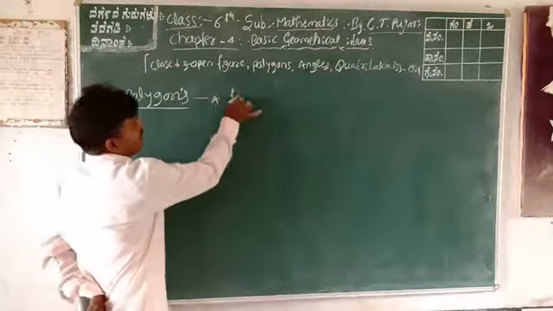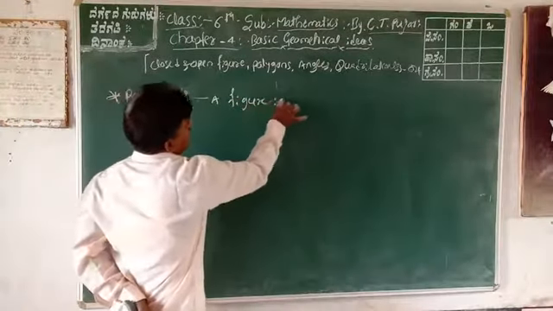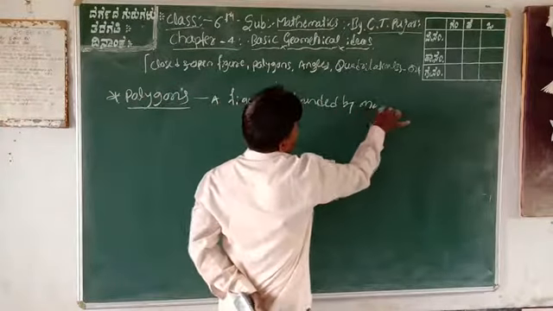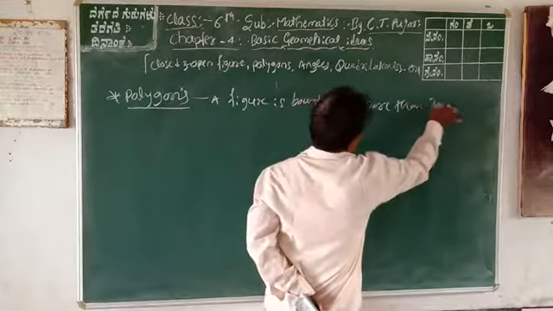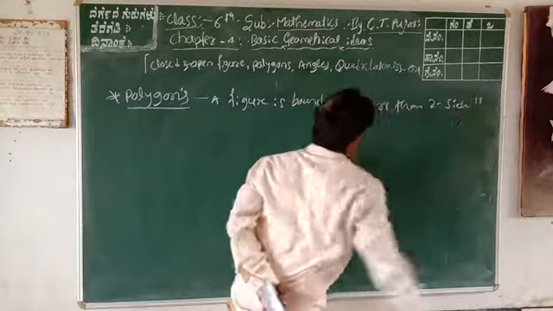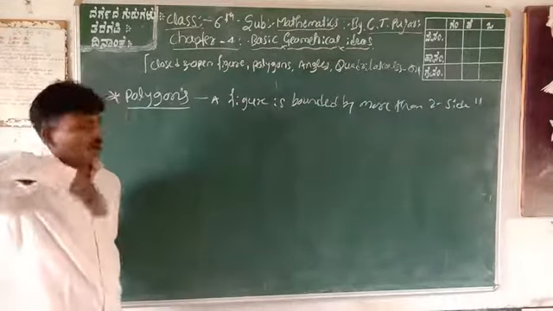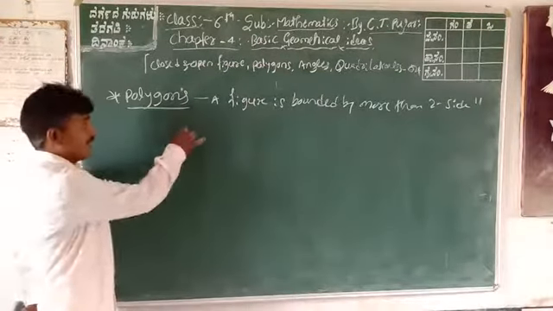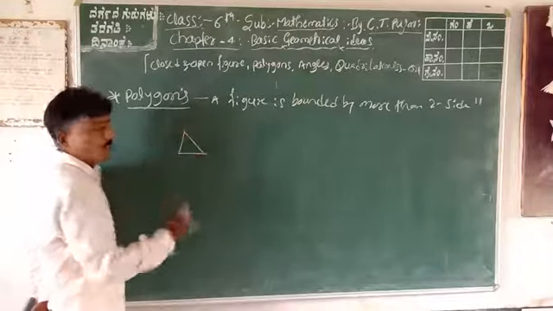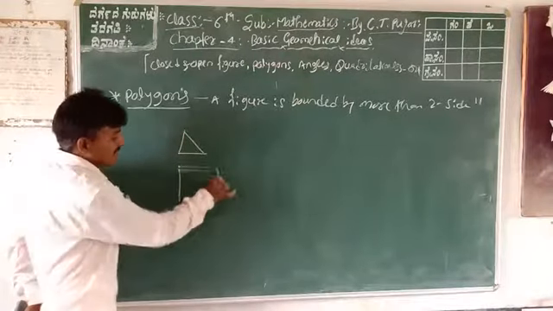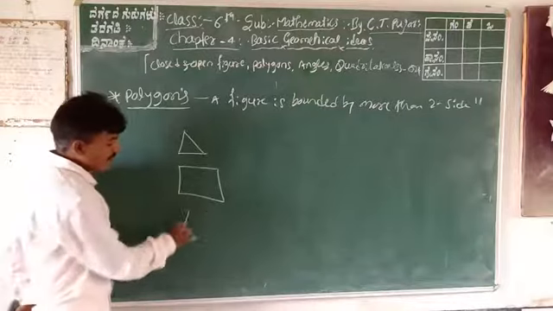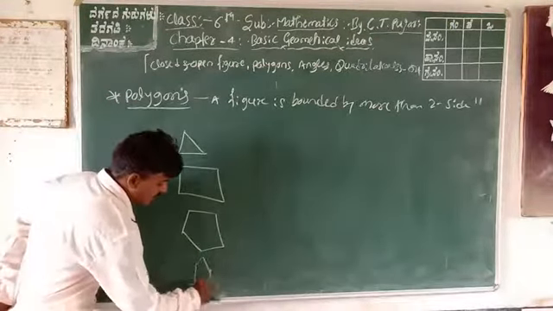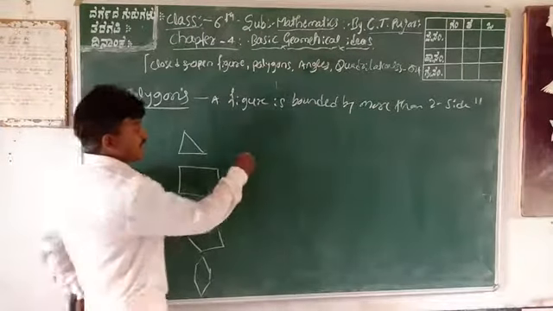The definition: a figure bounded by more than two sides. Bounded by only two sides is impossible. Therefore, three sides is a triangle, a polygon. Four sides is a quadrilateral. Five sides is a pentagon. Six sides is a hexagon. Seven sides is a